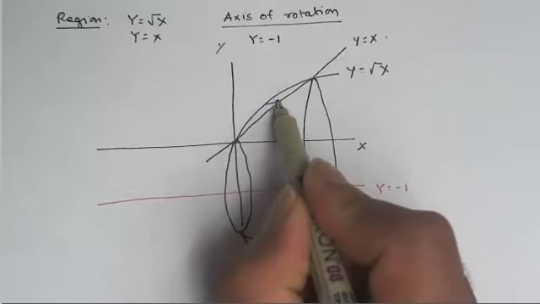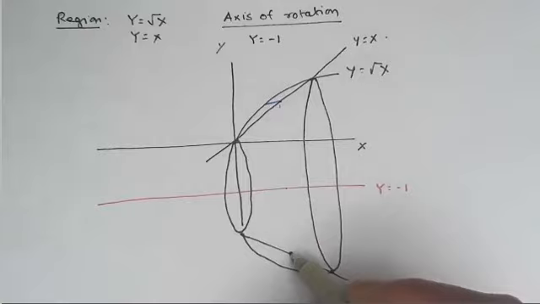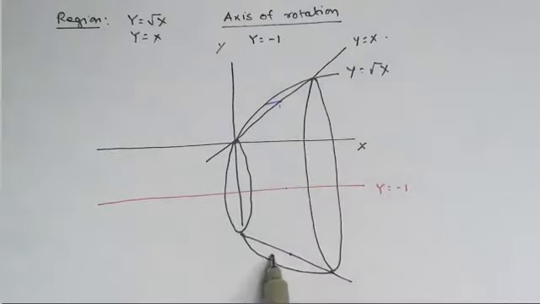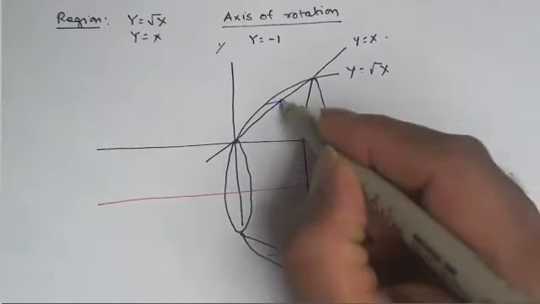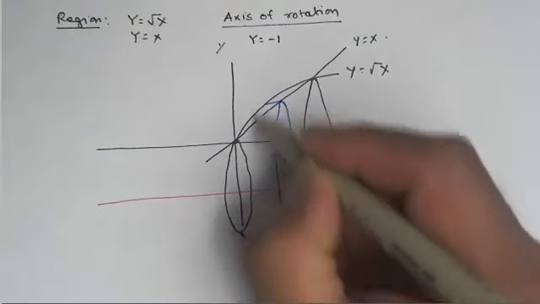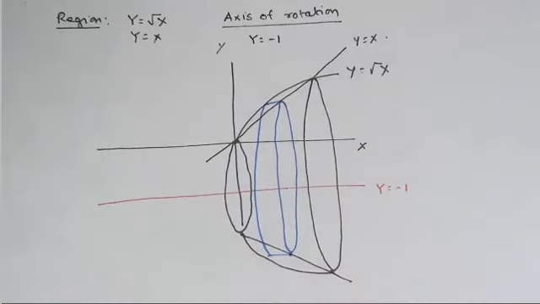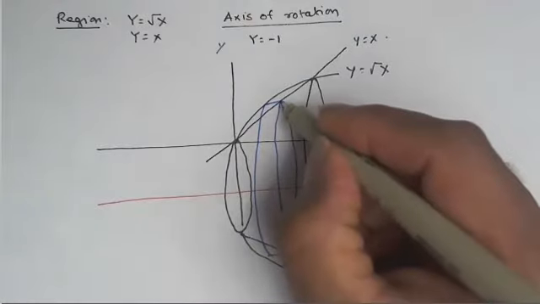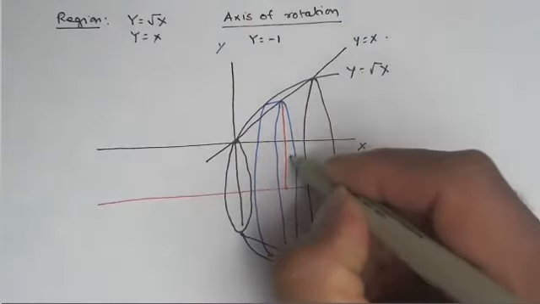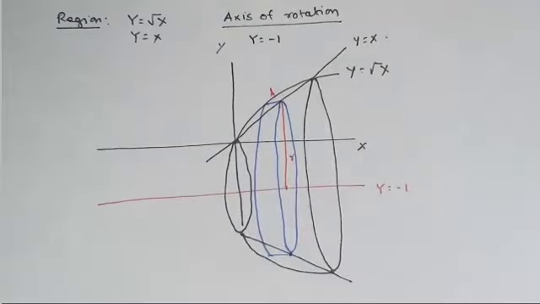So here's my line, and so this point is going to go down here, and that is the cylinder. The radius of the cylinder is r, this is the height h, and we now start drawing our rectangles